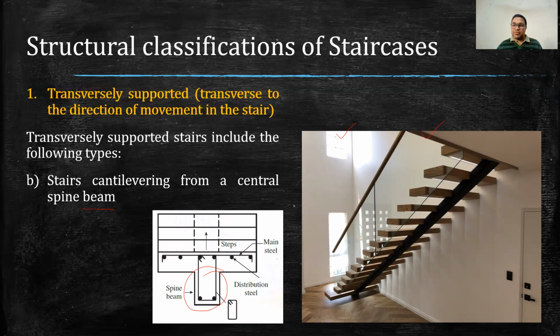staircase, the idea is that the beam will run centrally, and the spans will basically be acting as a cantilever from both ends. So the bending may occur like this. So this part of the step will bend like this. Similarly, this part of the steps will bend like this. So this is the second type, in which again bending is occurring along the transverse direction of the staircase.